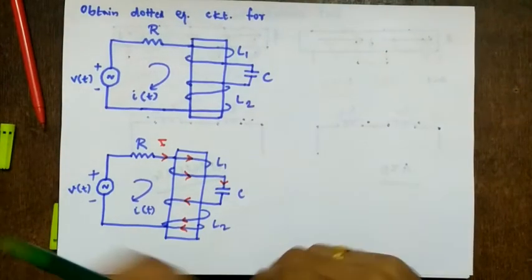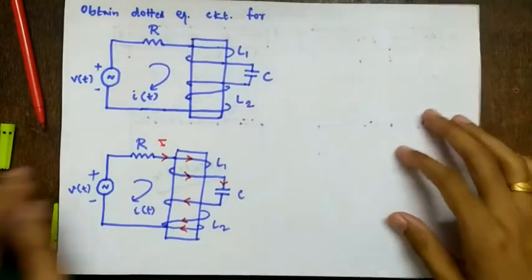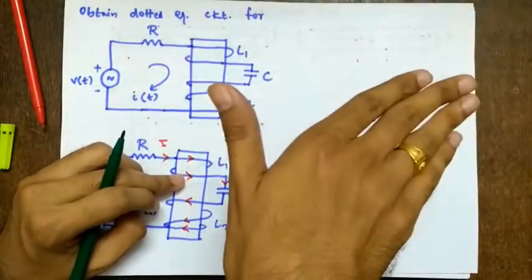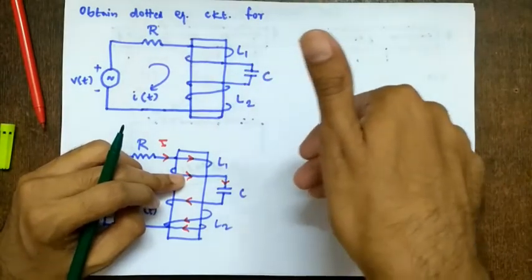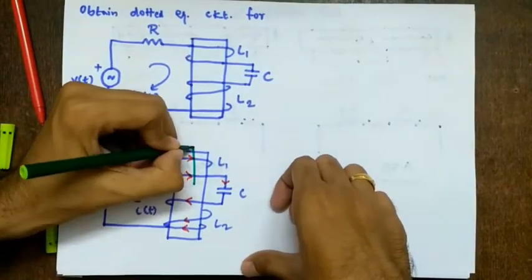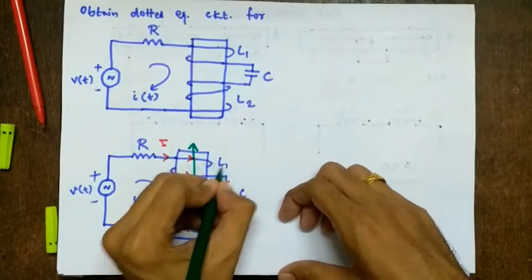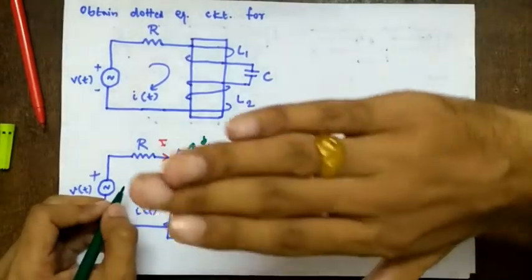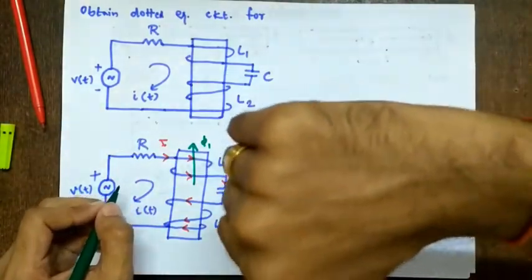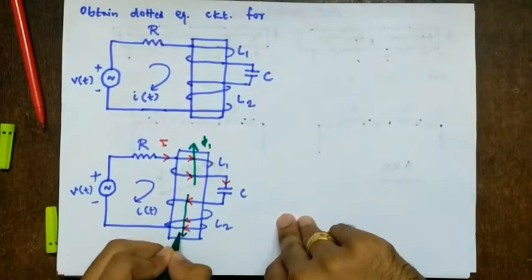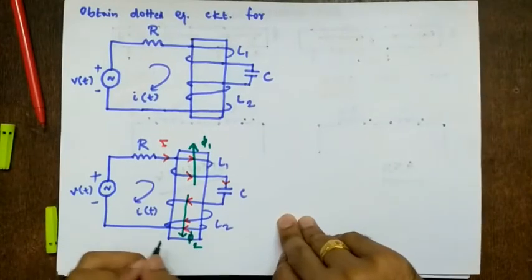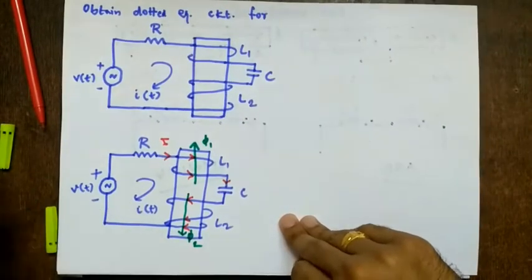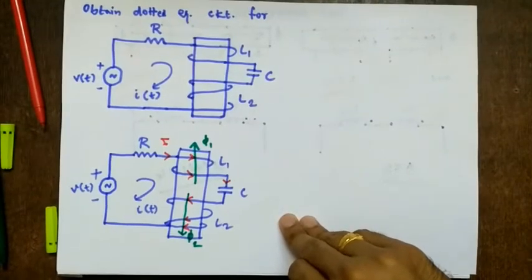So next, what we have to do? The next step is to assign the flux. For that, what do we use? Ampere's law. So here it is going towards right. So it is like this, right? So curl like this. So where is the flux? Upwards. So this flux is upward. So corresponding to inductance L1 it is phi 1. Here how is it? It is downwards. So flux is pointing downwards. So they are opposing in nature. That is, they are not aiding each other. So corresponding to L2, flux phi 2. Right? So next, what do you have to do?